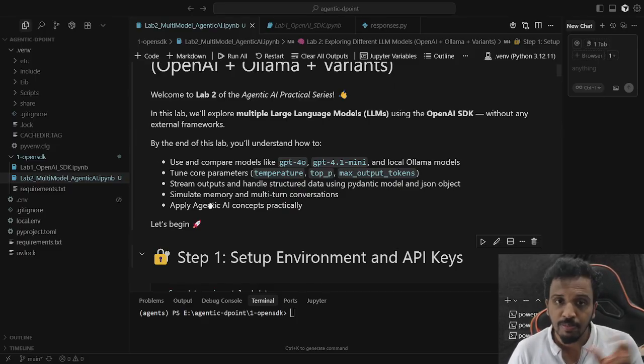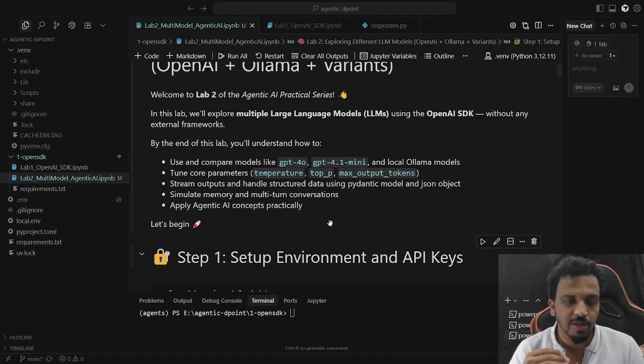Then we are going to simulate as though we are giving a memory to the LLM. We will talk about short-term memory, long-term memory, persistent memory, and finally a few more concepts which are relevant for creating our agentic AI workflow without any